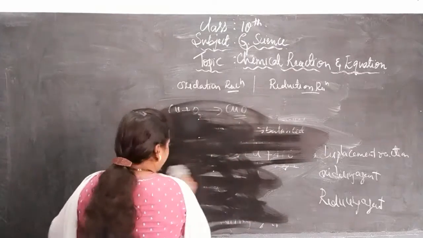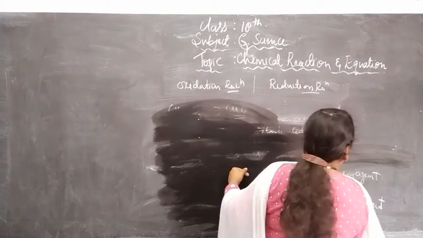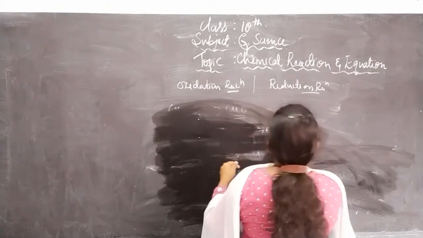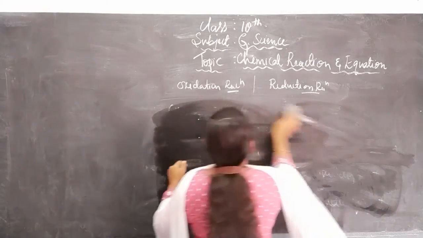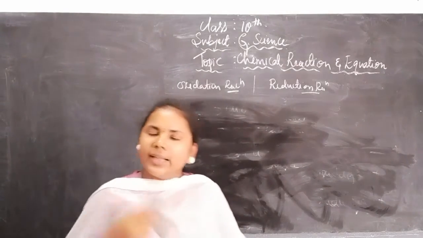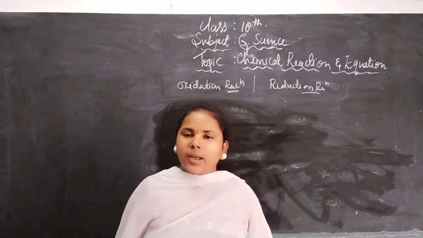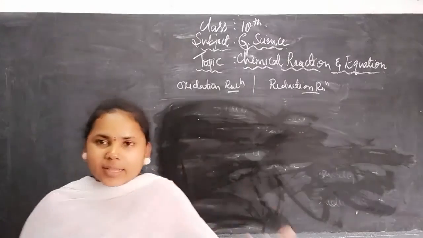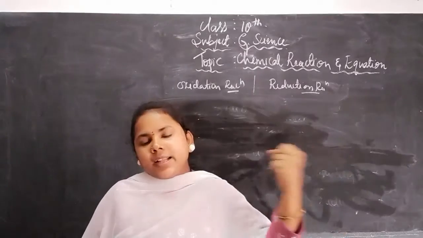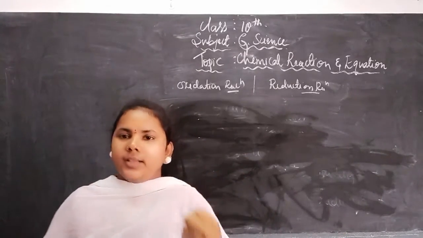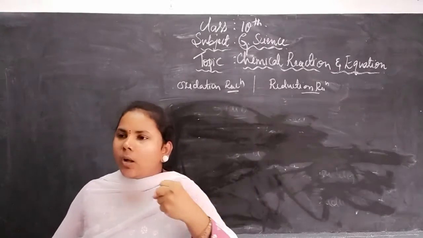Now some questions may be arising in your mind. Why is oxidation needed, or what is the importance of oxidation and reduction? Why do we need to study it in daily life? Because we are studying chemical reactions, and chemical reactions are very important in daily life. Hence, we need to study and try to understand different kinds of equations. By understanding that, we can find out the reactants, products, names, skeletons, everything. And we know what kind of product is formed, whether it is a liquid, solid, precipitate, or gas, right?